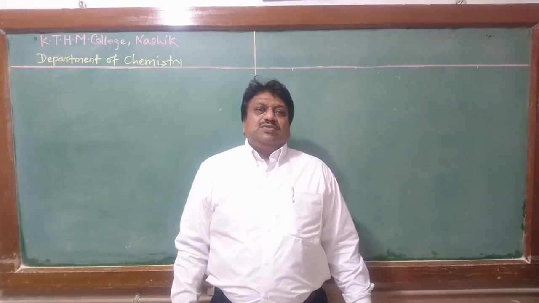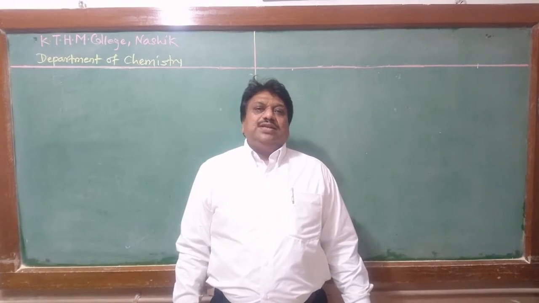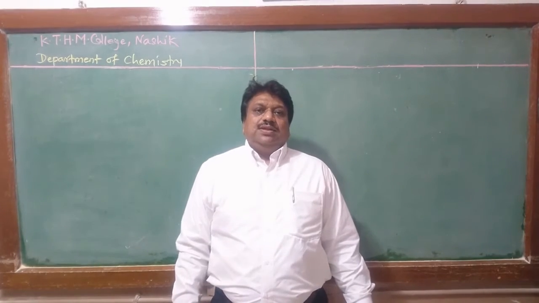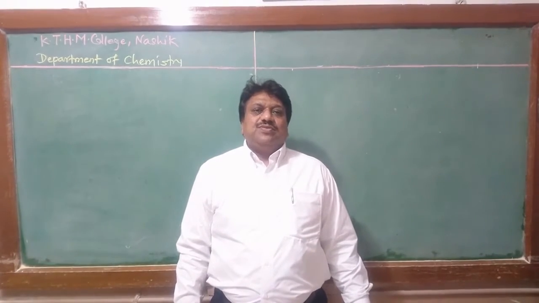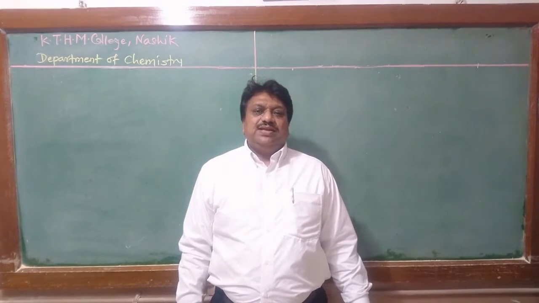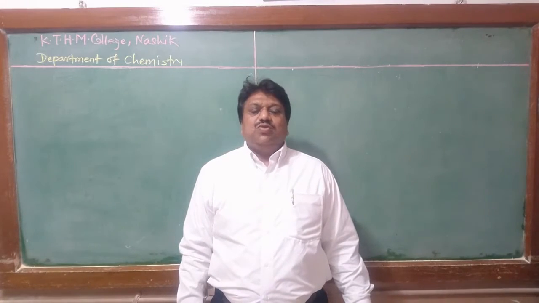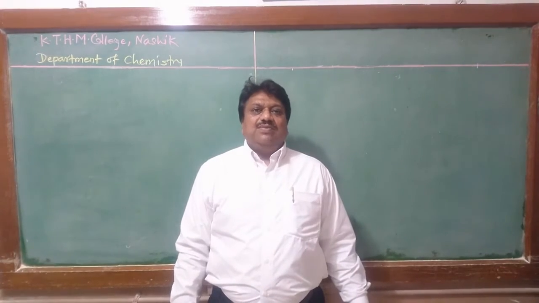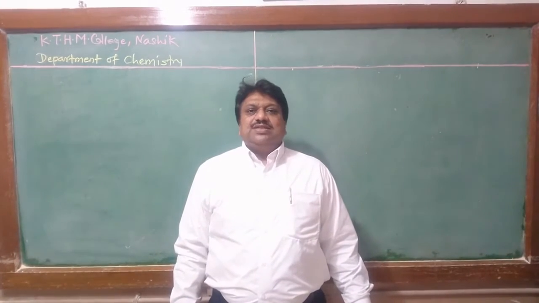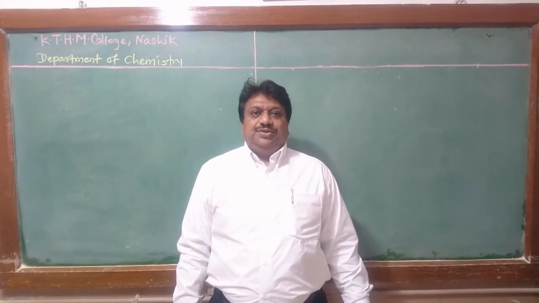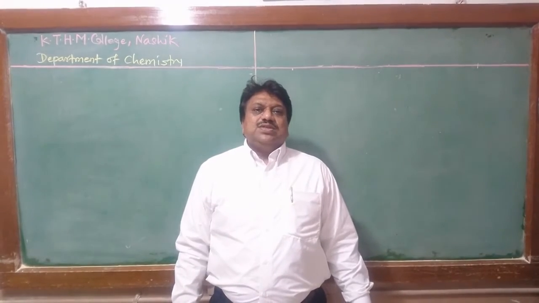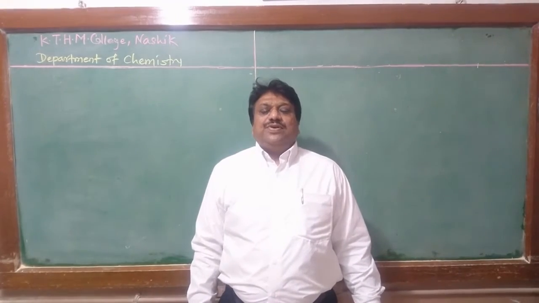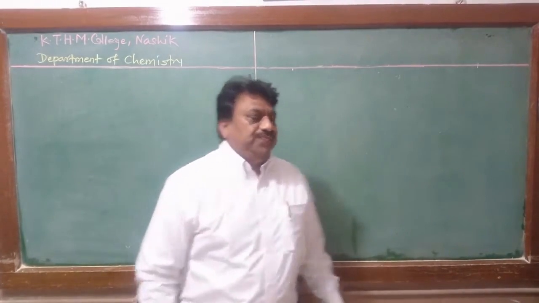Students, in the previous lecture we discussed the qualitative and quantitative analysis in polarography. The identification and estimation of a sample in polarographic analysis is carried out by using a polarogram. A polarogram is a plot or graph of cathodic current as a function of applied voltage. Today we are going to discuss the different factors that affect the nature of the polarographic wave or polarogram.